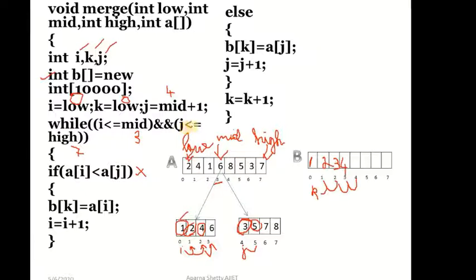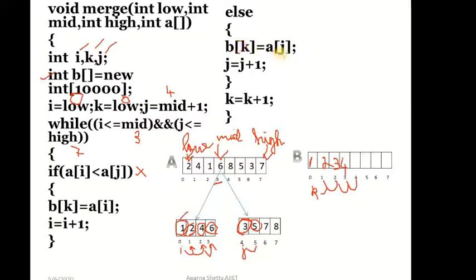Right? J, is it less than or equal to I? J value is 5. Is 5 less than or equal to 7? Yes. Okay, test this if condition after that. If A of I is less than A of j? What is A of I? 6. Okay. What is A of j? A of j is 5, correct? Is 6 less than 5? No. So go to the else part.